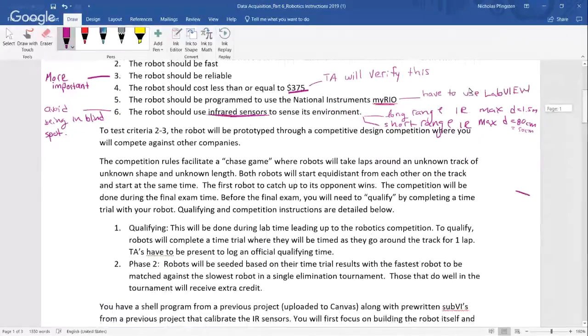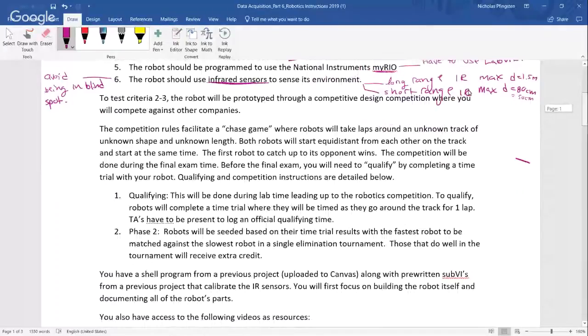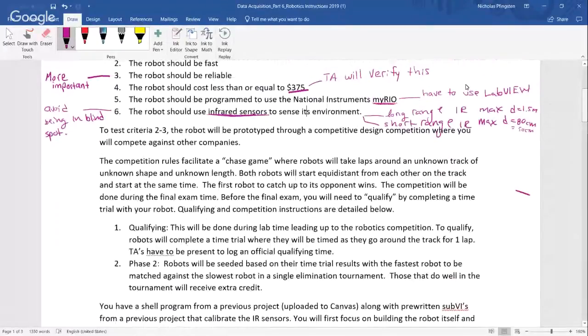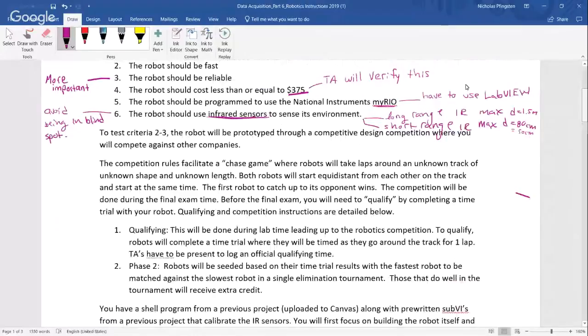This says robots should use infrared sensors. I probably should change that, but I want you to make a note that you can do this entire thing, the whole application, with one infrared sensor. Typically, what do students do? So if you look at